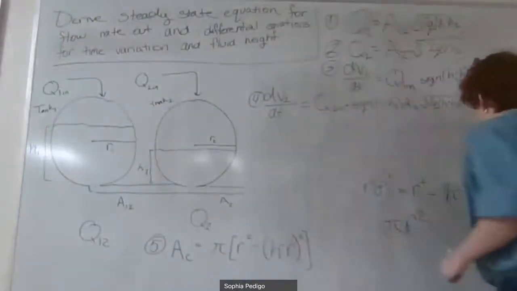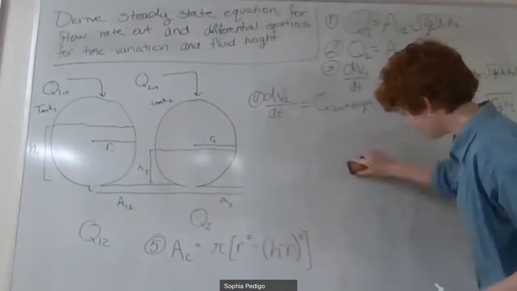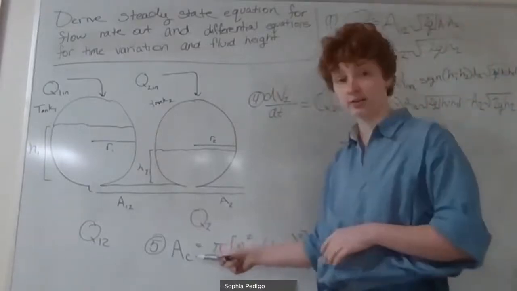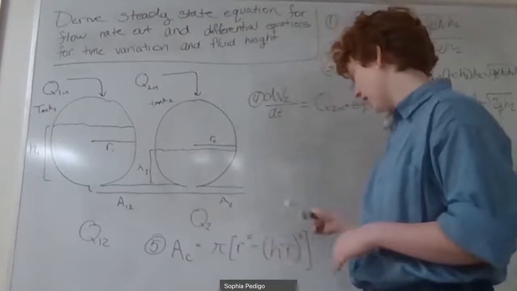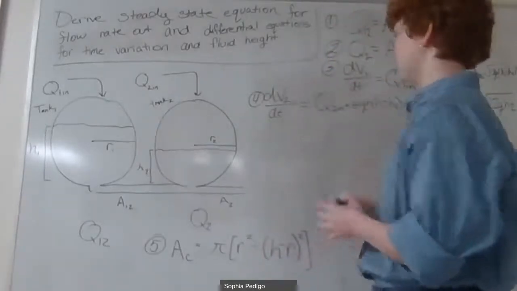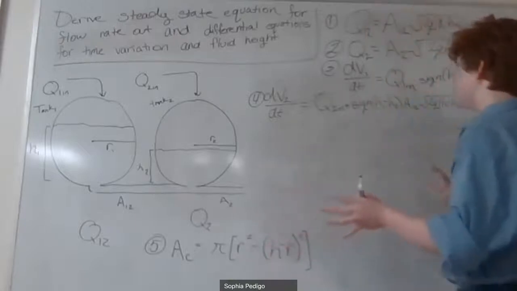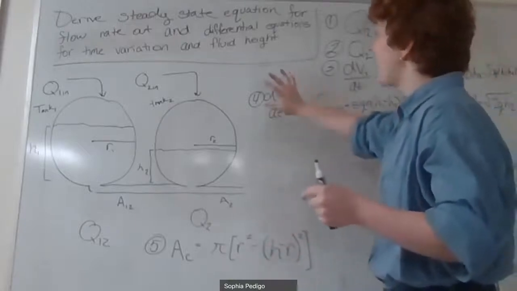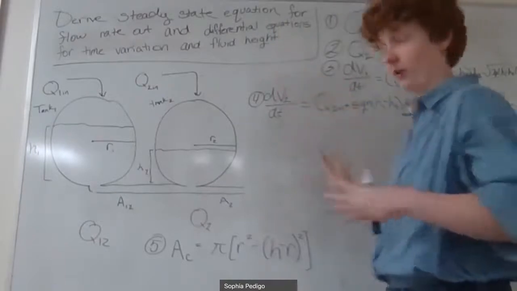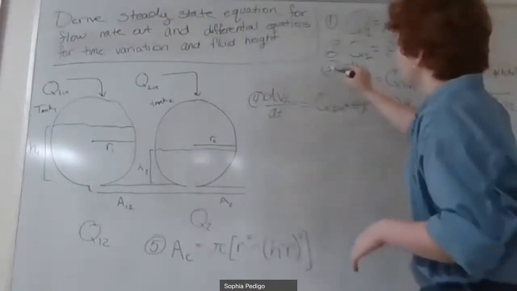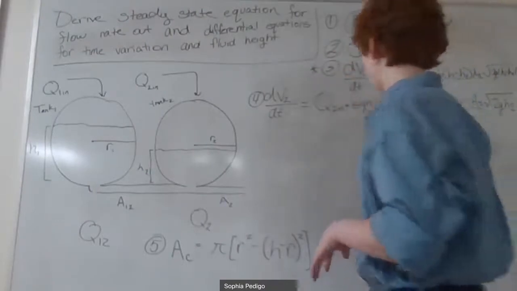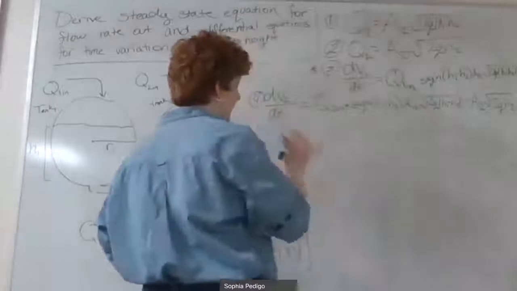And then, like I said, now that we have the cross-sectional area as a function of time, we can go ahead and put that into our differential equations and get the change in height with respect to time instead of the change of volume. So let's go ahead and do that. I'm going to start with this equation here, which was the change in volume for tank 1. And this is going to become